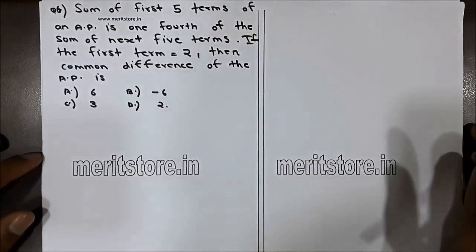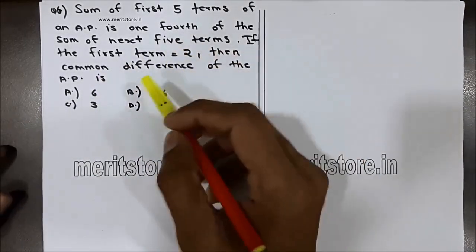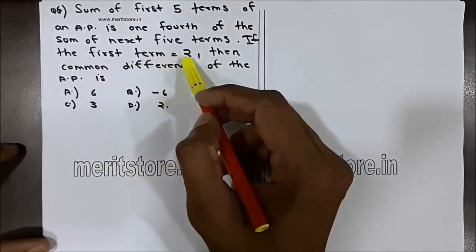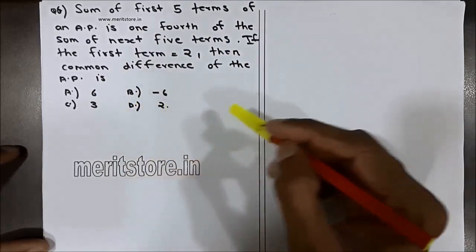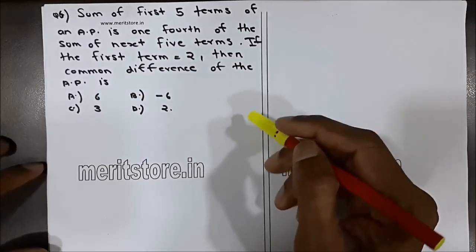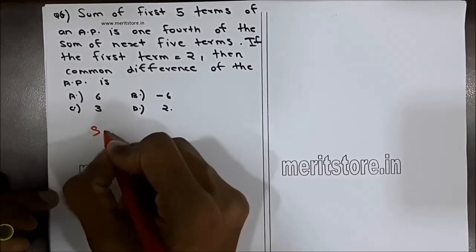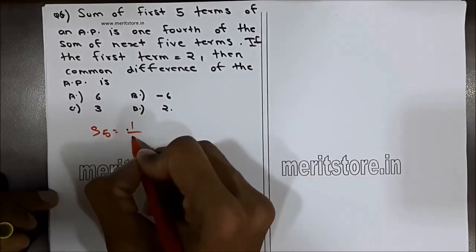Question 6. The sum of the first five terms of an AP is 1/4 of the sum of the next 5 terms. If the first term is equal to 2, then the common difference of the AP is: we have 4 options: A 6, B minus 6, C 3 and D 2. So the sum of the first five terms is equal to 1 by 4